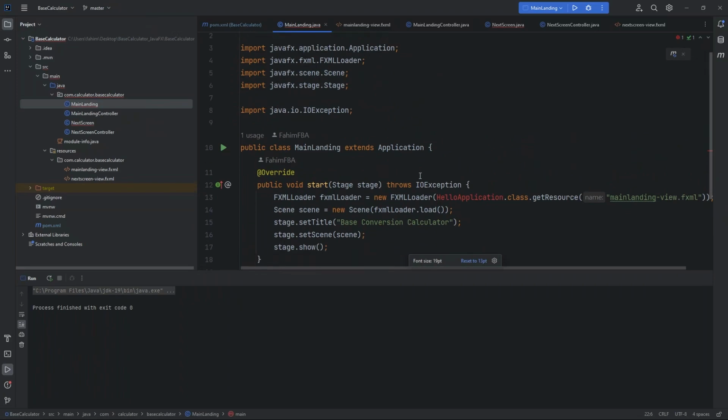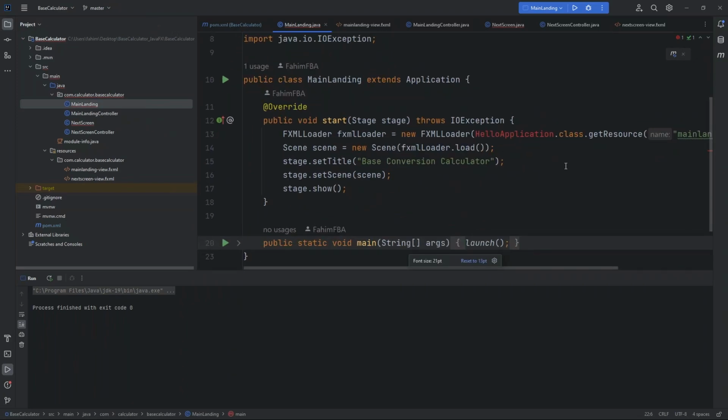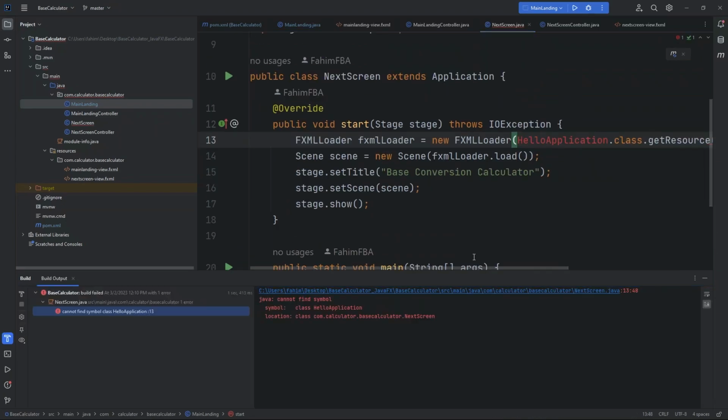Now let me simply solve these errors from the main landing. Let's say FXMLLoader, new FXMLLoader. I need to change this hello application to main landing class get resources. Yeah, I need to do the same thing to this next screen as well, from hello application to, let's say, main landing. Now if I simply run,